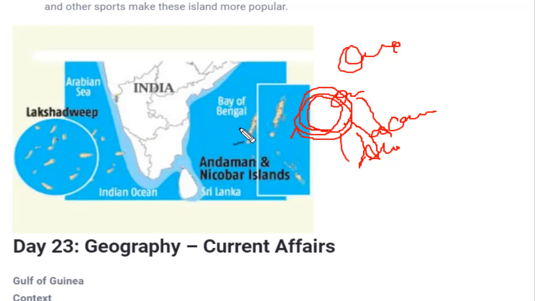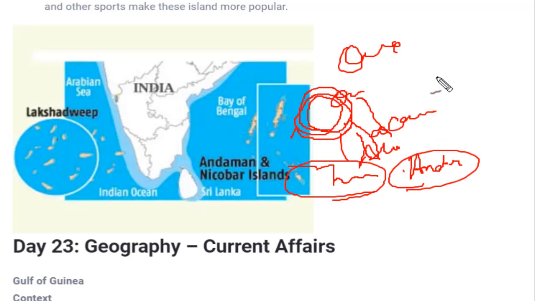Andaman Nicobar Island, we have heard much about it. It has a huge variety, a huge number of tribal people live here in Andaman Nicobar, and some parts of the Andaman and Nicobar are even banned. No one can visit those areas, so that the culture of those tribals can be preserved. So this was all about the islands which are present in our country. I hope it is clear.